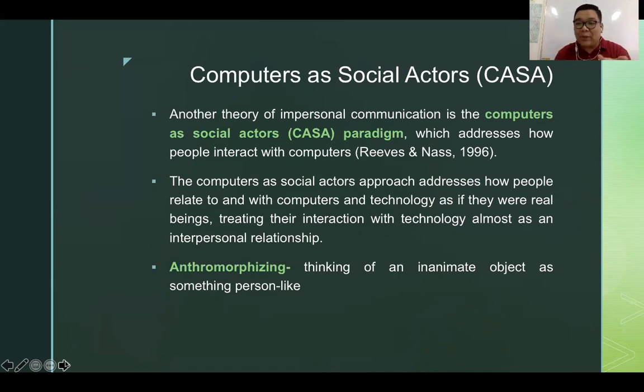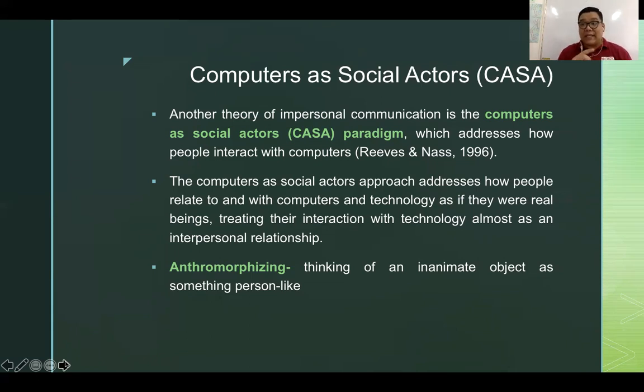Now, the best example to explain this is what I am currently doing. I'm doing my lecture, I am pre-recording this one, but I am not doing the lecture virtually, in front of my audience or my students. That means I'm imagining that the person I'm talking to is right in front of me, but it's just in the form of my laptop. So I am giving human attributes to my laptop, imagining that I'm actually talking to a person and not a gadget or technology. So this is an example of computers as social actors, or this is covered under this